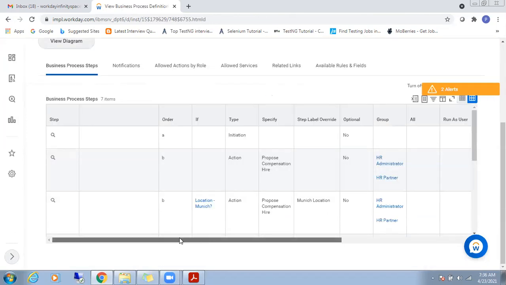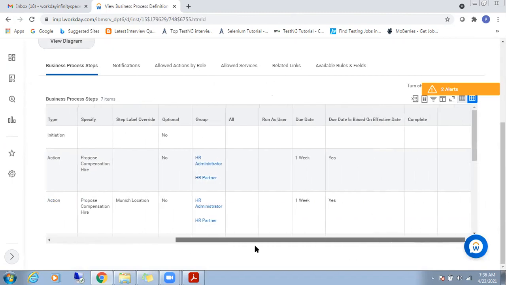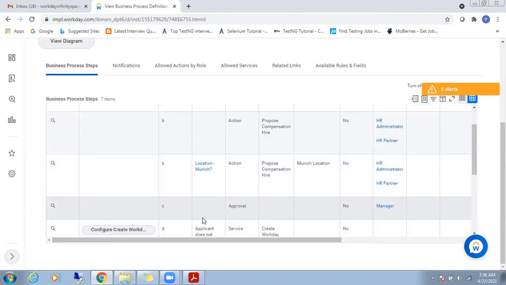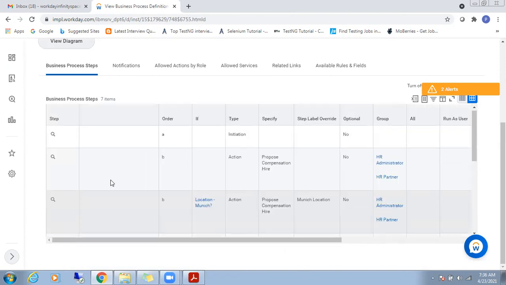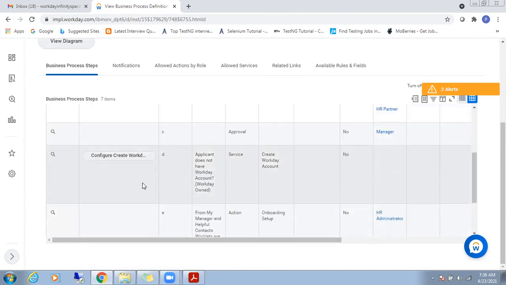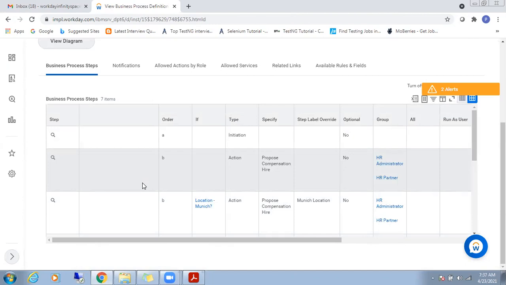Okay, now see here, in this process we are waiting for the prior step to be completed, and then only it will act on it. It means we can go to the next steps. We have to look for such actions. For example, once the approval is completed or once you receive the document, then only you can start the process of hiring. You can mention in the comments why you are going to delay the particular step.